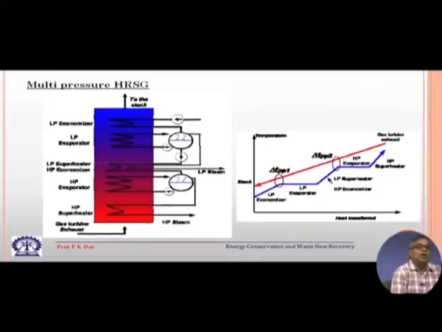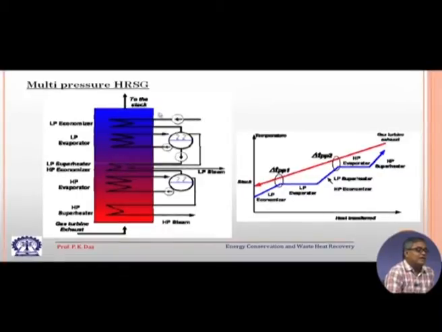So, here what we have shown is a HRSG with dual pressure operation. So, let us see that for dual pressure we have got two steam drums. Each of these steam drums is at one particular pressure. So, when it is dual pressure we call it low pressure and high pressure, and as the gas turbine exhaust is going its temperature is reducing. So, low pressure side will be on the low temperature side also, and high pressure side will be at the high temperature side.